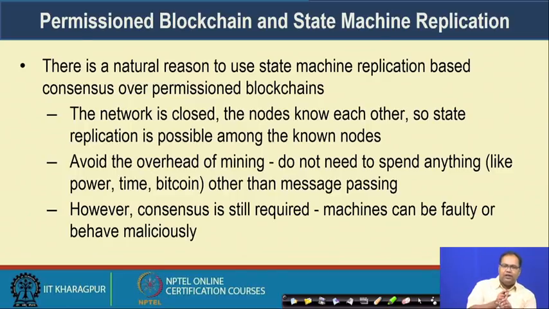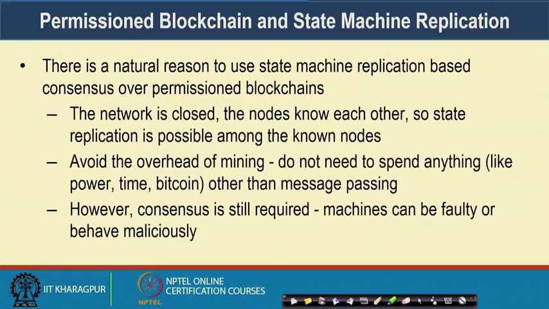So, the first reason is that the network is closed. When the network is closed, every individual node knows each other. So, state replication is possible among the known nodes. If you know who your peers are, you can always replicate your state machine with the current state to your peers. The second thing is that this state machine replication based scenario avoids the overhead of